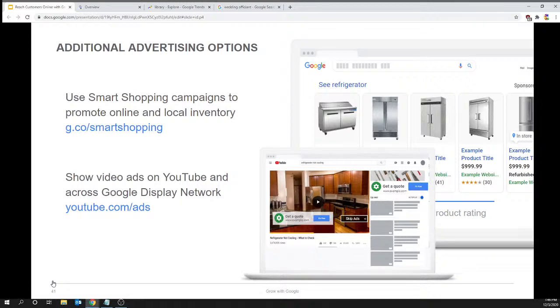The last campaign type we'll talk about today is video campaigns. This campaign type lets you show video ads on their own or within other streaming video content on YouTube and across the Google Display Network. Showing video ads may seem pretty sophisticated, but the setup is very straightforward. You can use videos from your own YouTube account, and like other campaign types, you can see ad performance and